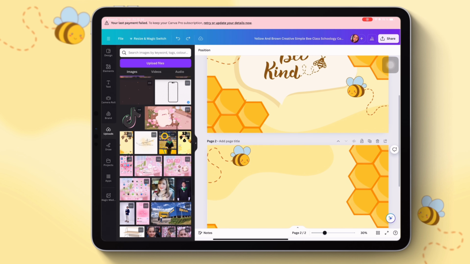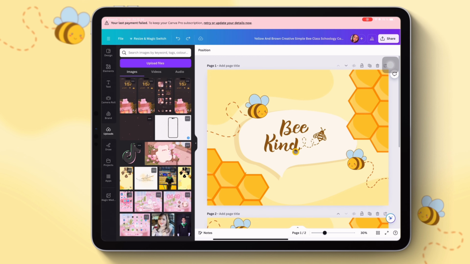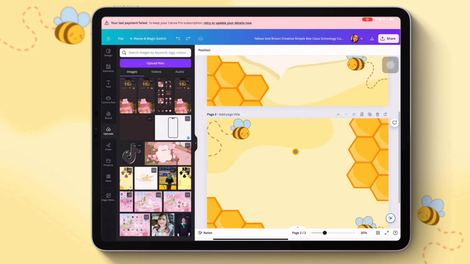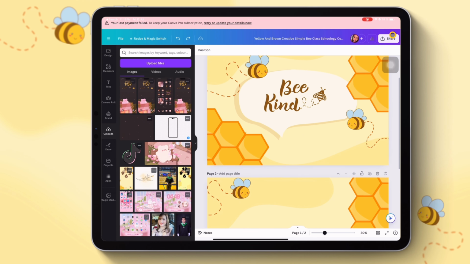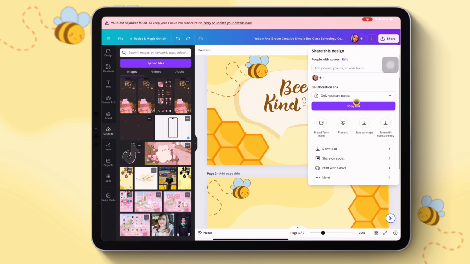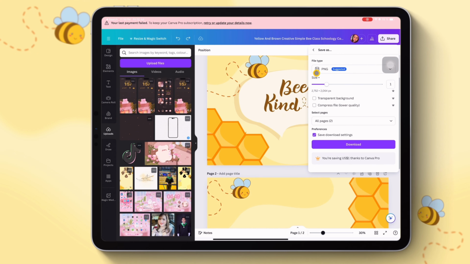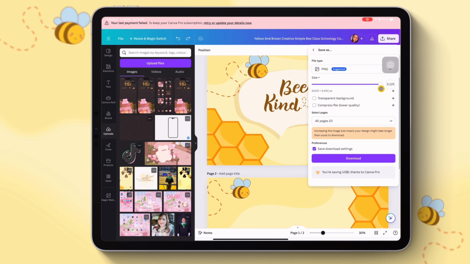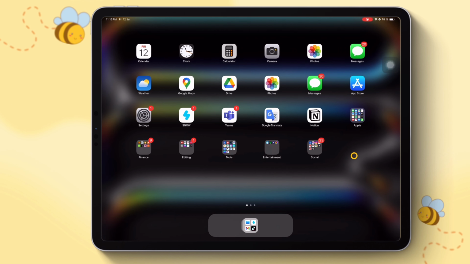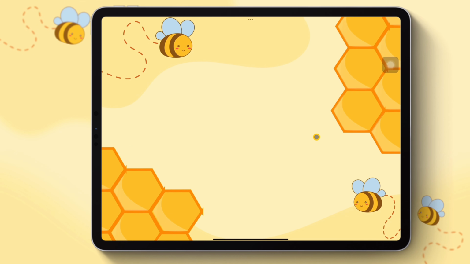And yeah, now that we're done with the wallpaper, the next thing that we have to do is just to save it to our device. So we can click share, and then after that click download, and I always pick PNG as the file type, and I'll make sure that on the size I'll make it like on the top, just so that I can have this wallpaper as an HD wallpaper, and I'll click download. So once you're done clicking download, these wallpapers will get automatically downloaded and saved on your gallery,